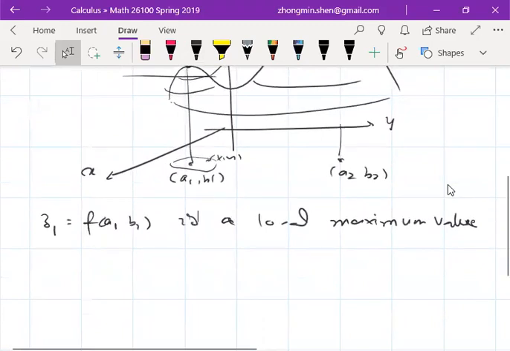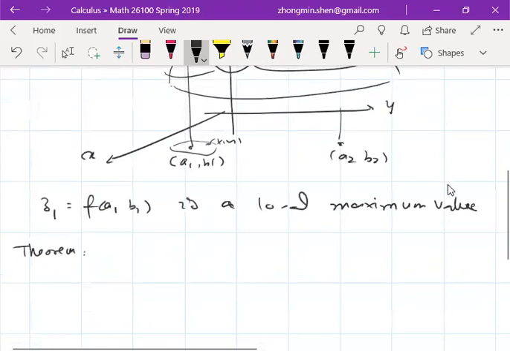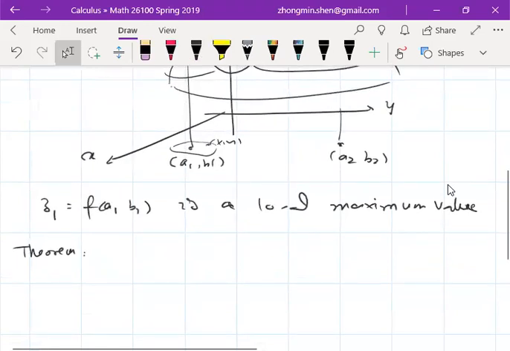We can show that. Yeah, this is the theorem. That's a necessary condition. Okay, this theorem says that if the function has a maximum or minimum at some point, and the derivative exists, then the partial derivative must be 0. Actually, the directional derivative must be 0 for any direction. Then you conclude that the partial derivative must be 0. So here's the theorem. If the function f, okay, has a local maximum